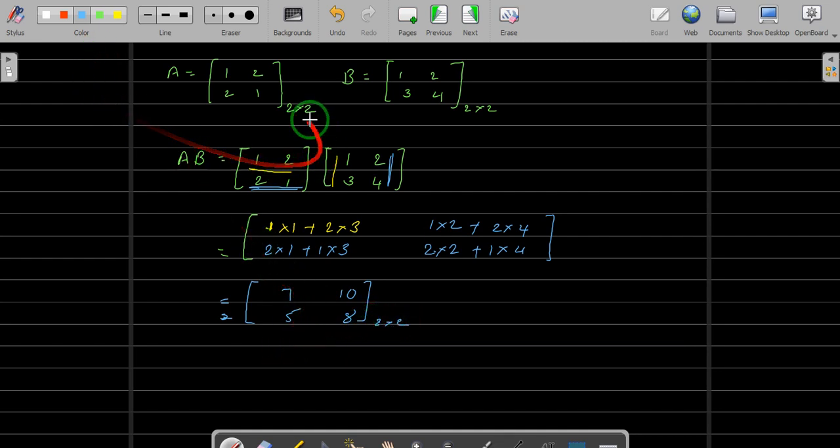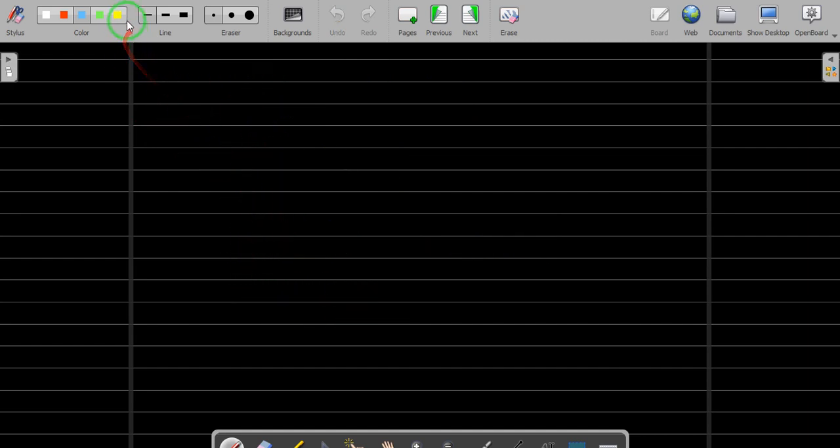Okay, now we will put this example in our program and we will verify whether we are getting the same answer. But before going to the program, let me tell you one thing. Now if A is a matrix of order m by n and B is a matrix of order p by q, then A into B is defined, we can find A into B only if and only if this p is equals to n, right?